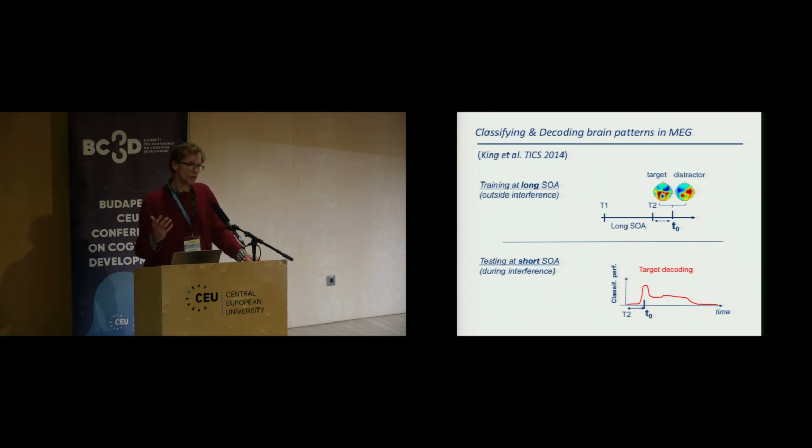And what is powerful is that you can also look at generalization across time. So if you see that this classification performance is above chance level after T0, after these time points, for a certain amount of time, then it suggests that the mental representation of the target is there in the brain for this amount of time. Okay, so now